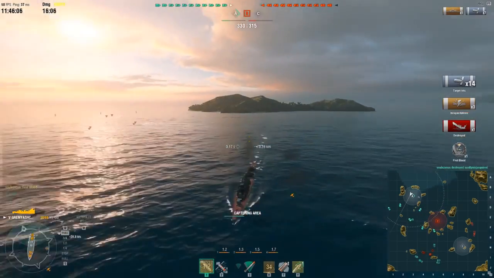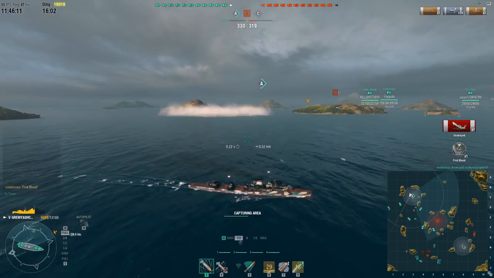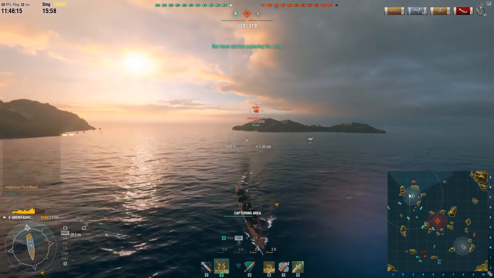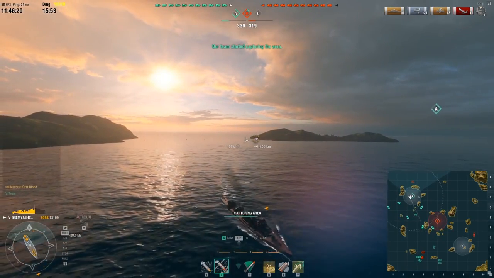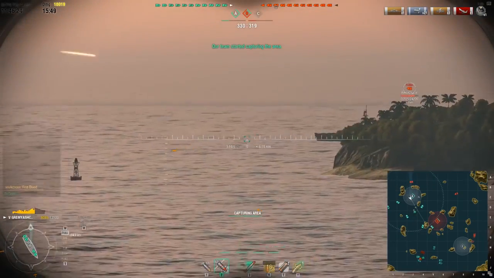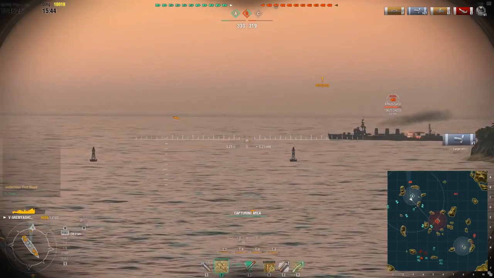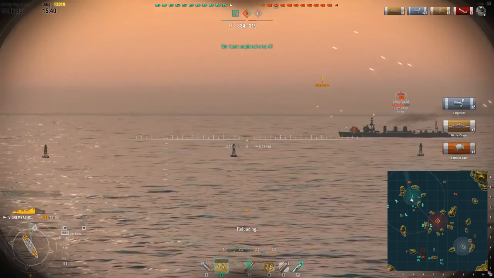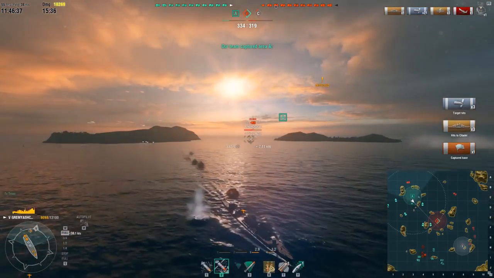So here's a tip for you, if you're sailing either the Gnevny or the Gremyashchy, if you are engaging somebody with your guns and you know that you have to make a turn, try to do a half turn only, using the Q and E keys if you haven't remapped them yet. Basically that will allow you to make that turn without worrying and still be able to track your targets with your guns. So the Kuma comes out